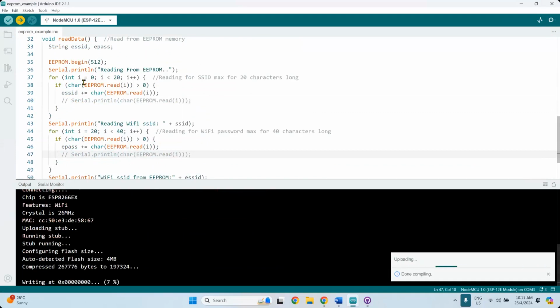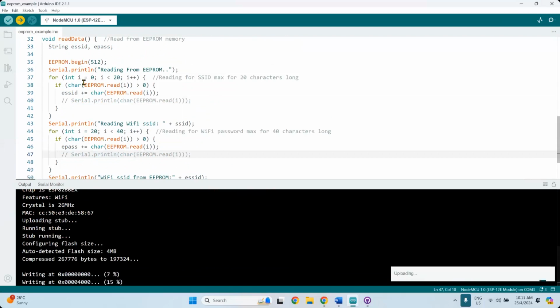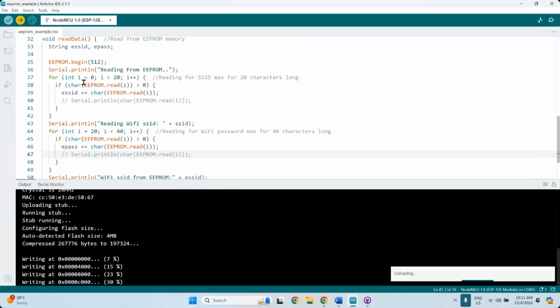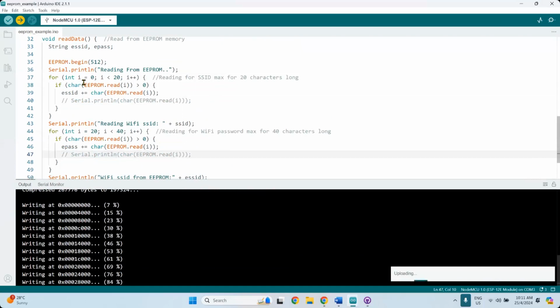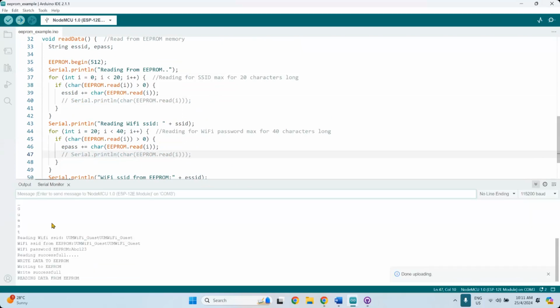With EEPROM, there's a limit on how many times you can write data to it. I believe the limit is 100,000 cycles. You cannot write more than that because it will become problematic to write to them. So you can see them. Yeah, there you go. Okay, done. But the password is not there.